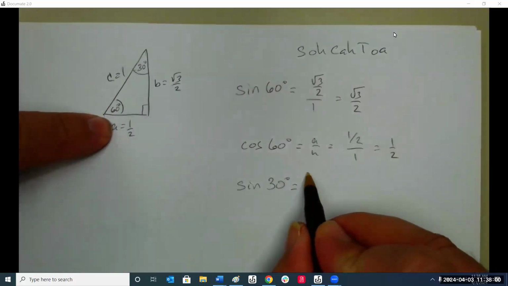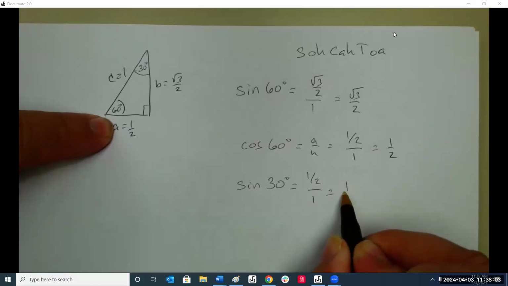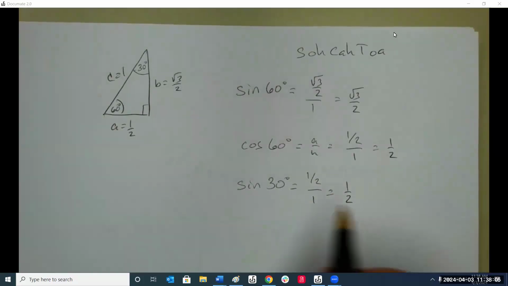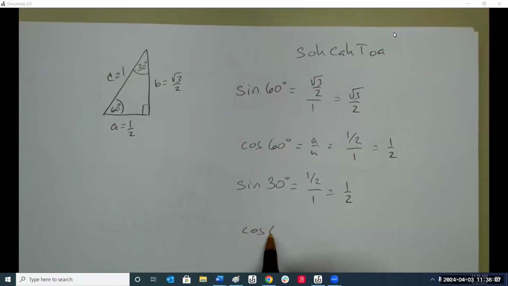Yeah, it's opposite over hypotenuse, which is 1/2. And cosine of 30